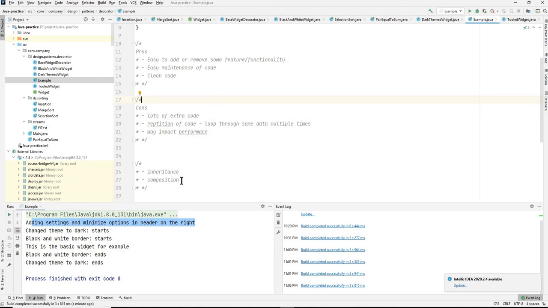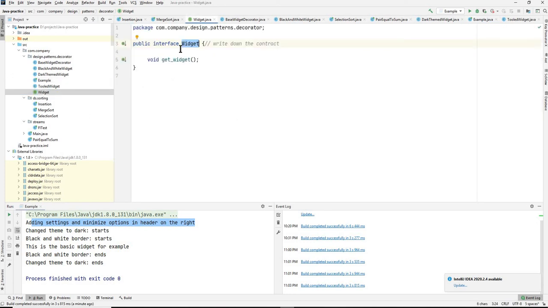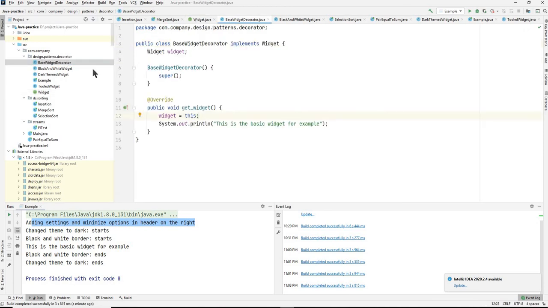There are variations: inheritance-based decorator, composition-based decorator, or a kind of hybrid of those. You can create any type of those. The base idea is to understand how it works, right? It works on a contract. You created the contract, you started with the base implementation, and then you gave other implementations. Now you may say